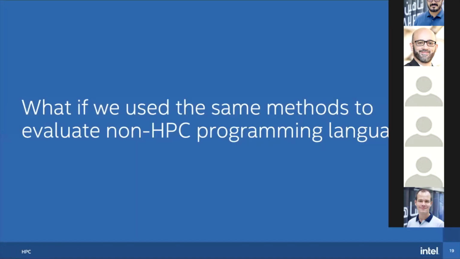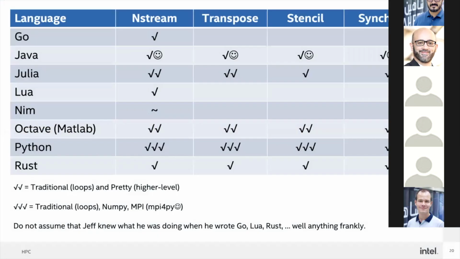So now, I guess this is the end, where this is the new data. The hypothesis now is, well, we've evaluated distributed memory, we've evaluated C++ and SYCL and OpenMP and Fortran and all those things. Well, why not do the same thing for other programming languages, in particular, maybe the not so HPC ones? So that's what I've started doing for a while now. And I'd love some help because I don't have time to do all the work correctly, but I have gotten a little bit of help, and that's moved us forward. So this is where things are now.